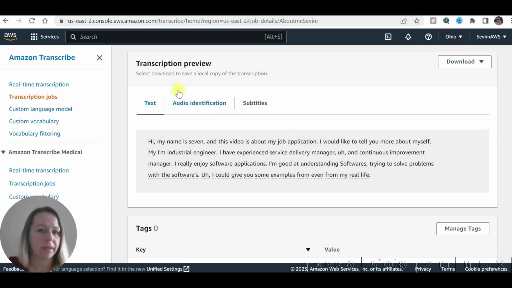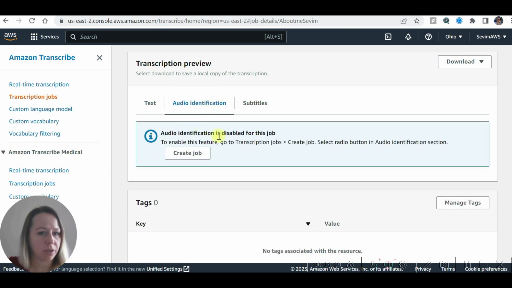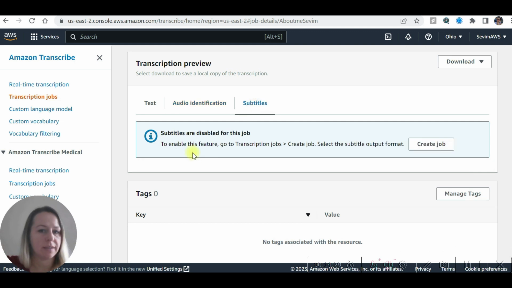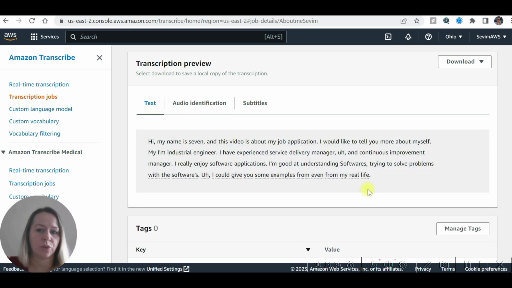You can also create audio identification jobs, like as we use it with Siri, we are asking which song is playing and this kind of thing, and you can create subtitles. So you need to create a job for that, but we are just going to leave it as text for